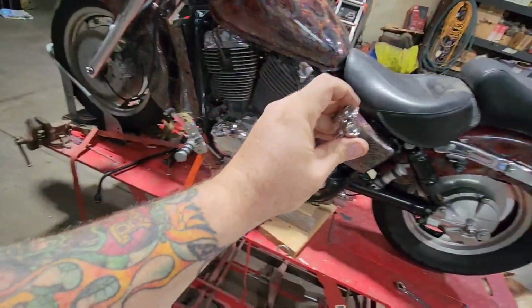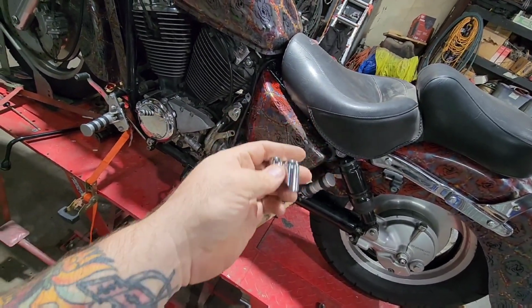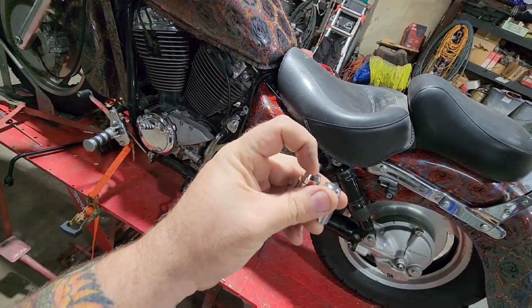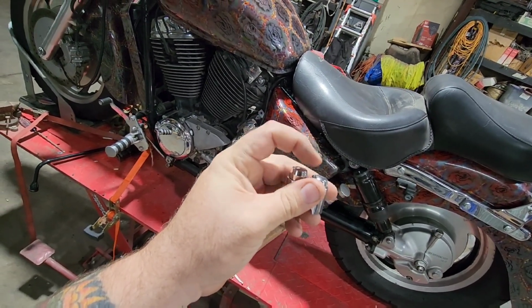Today we are horsing around with airbag switches. We're trying to figure out what kind of switch we want to run, and I've decided on an on-off, I got it upside down, on-off for the compressor. So you kick it on, kick it off, and then down